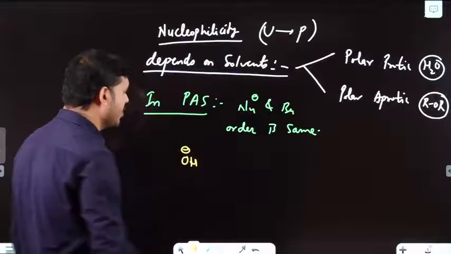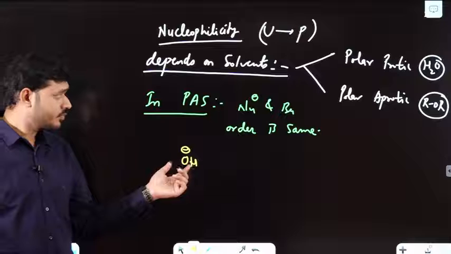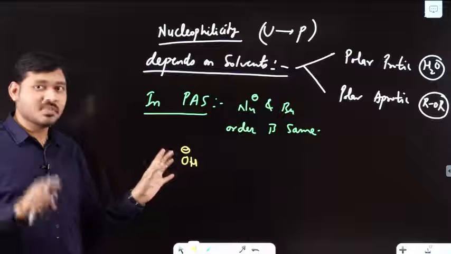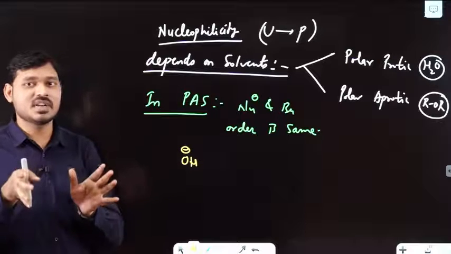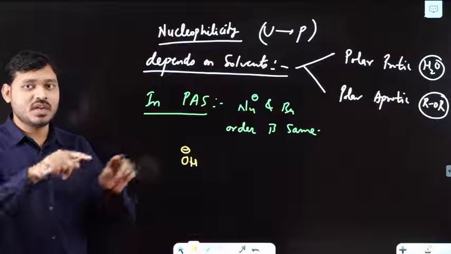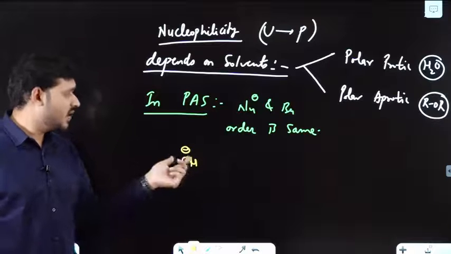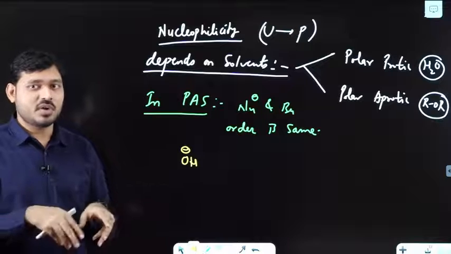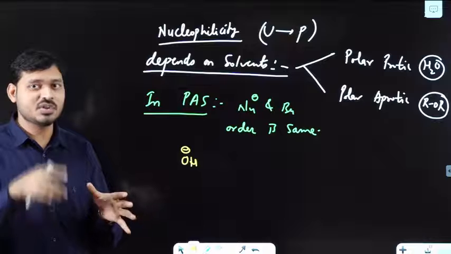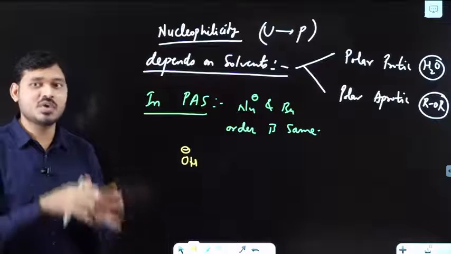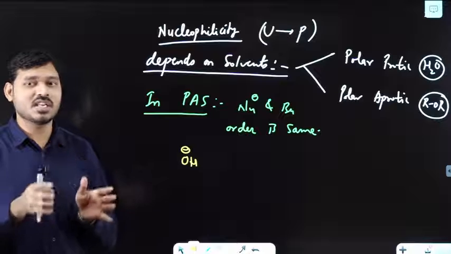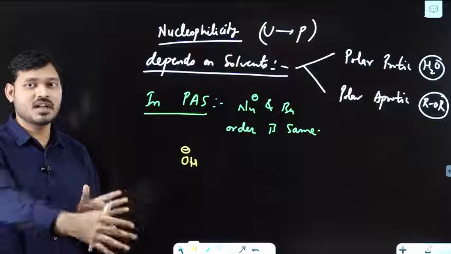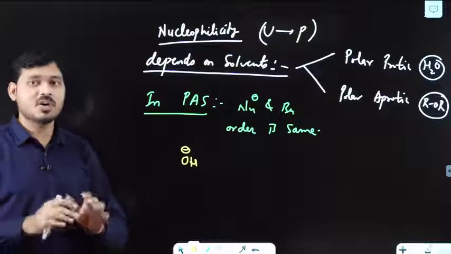Suppose OH minus. Now you are having a solvent which is polar aprotic. OH minus can act as a base as well as a nucleophile. In a container you are giving this OH minus as a nucleophile. But suppose you have a polar aprotic solvent. In the solvent there is no H plus, so OH minus has no interaction with H plus. So OH minus will do its work. It will not be deviated. It will simply attack the electrophilic part. So it's good.